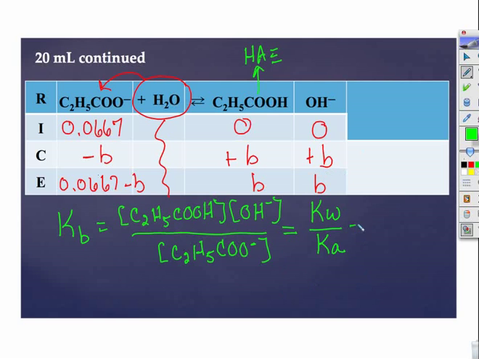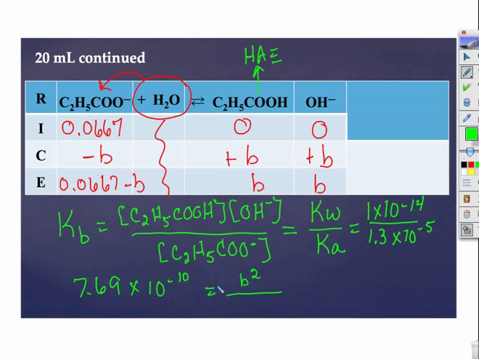Okay, now at 25 degrees, and that's the only one you have to know for this, Kw is 1 times 10 to the minus 14th over, now my Ka, 1.3 times 10 to the minus 5th. Okay? So if we plug that in, we'd get 7.69 times 10 to the minus 10th is equal to B